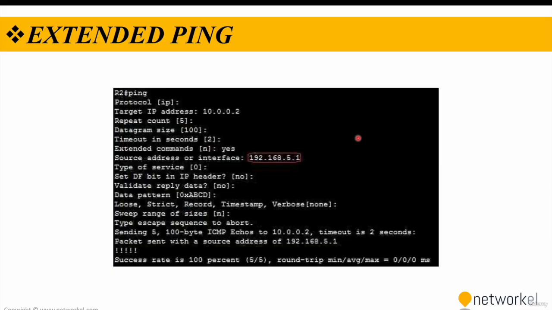You can set the size of packets to be sent. You can adjust the timeout period for responses and define the number of echo requests to send also. Also, you can set the TTL value for the packets with the help of extended ping. So it is useful for troubleshooting network issues, testing connectivity and verifying the paths, and helps in assessing the network's